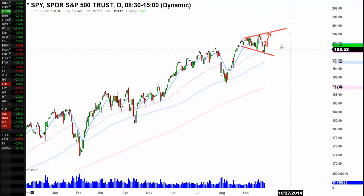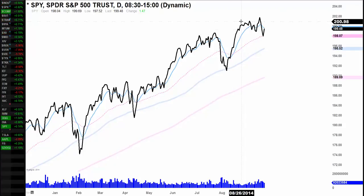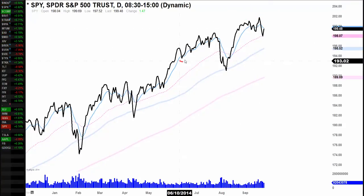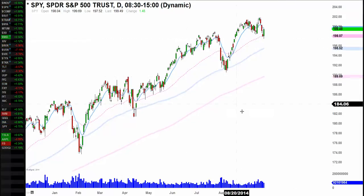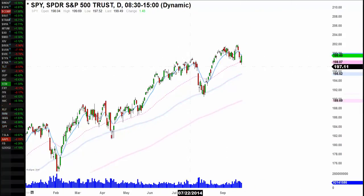The problem with the price pattern we have in the intermediate term is that we have a higher high and then a kind of lower low. You can see that in a line chart much better here, higher high and lower low. Instead of having higher lows and higher highs, we have formed a lower low. And that's going to make things a little bit complicated for the buyers,